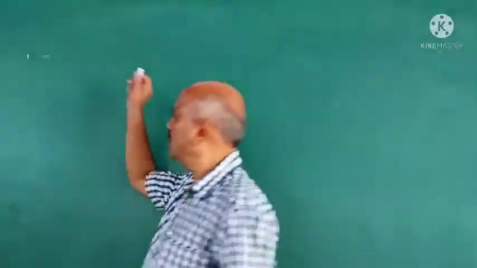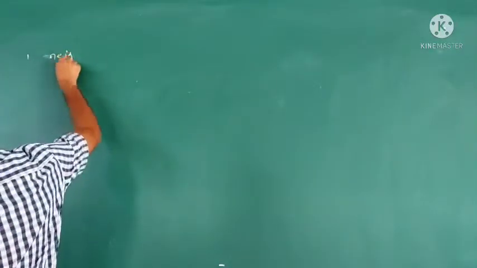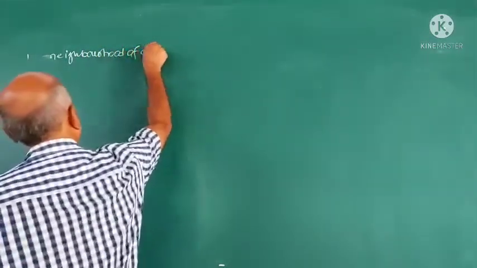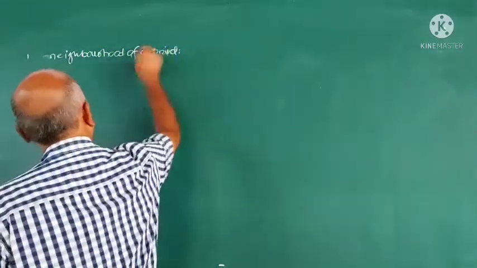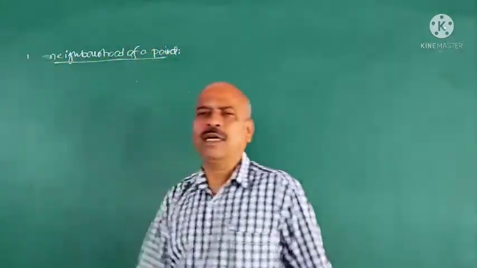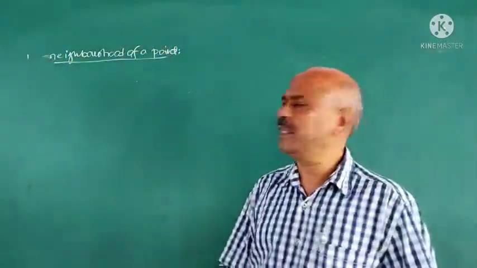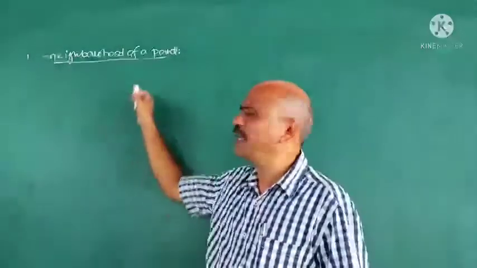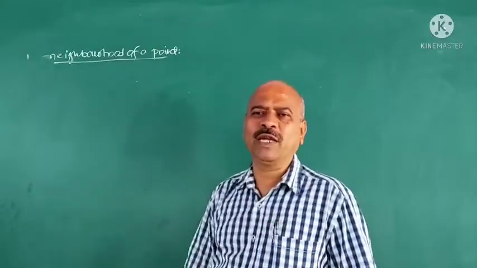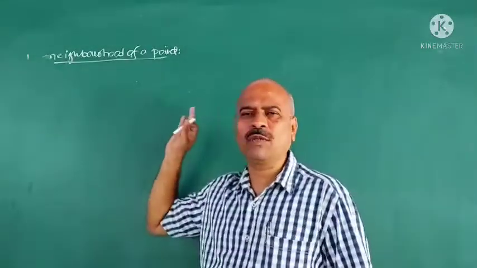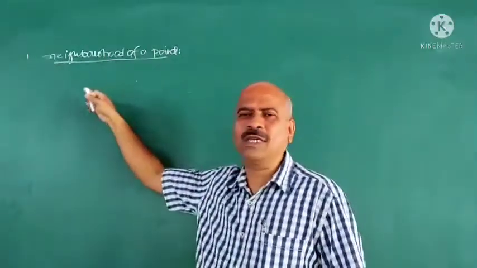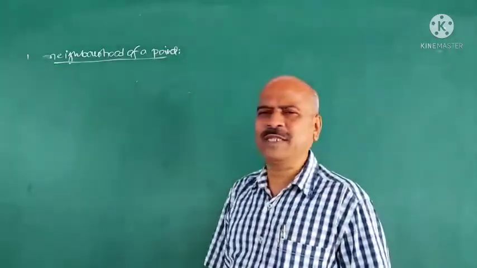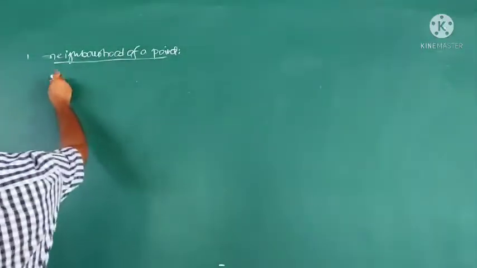Now today's topic is neighborhood of a point. So we study neighborhood, limit point, interior, exterior, etc. in a topological space. In set theory you have studied what is neighborhood of a point. Neighborhood of a point is an open interval containing that point. Therefore it is infinite. In set theory, neighborhood of a point must be infinite. But see the difference here, neighborhood of a point can be a finite set here. In a topological space, we define neighborhood of a point like this.